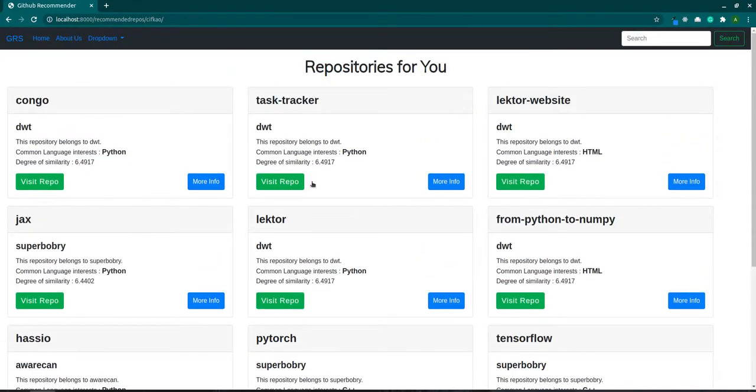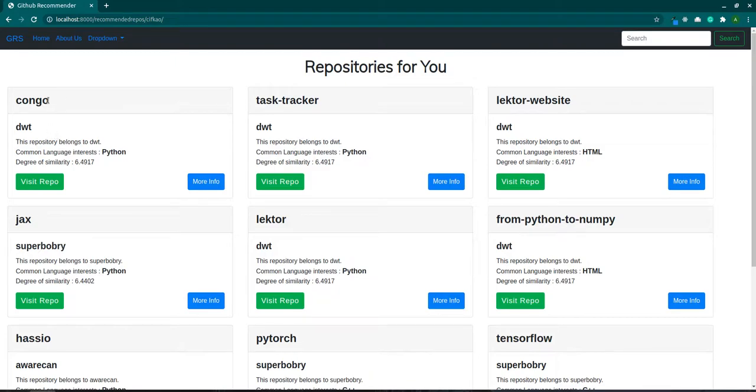In each of these cards, the card header contains the name of the repository that is recommended to him. Like in this case, Congo repository is recommended to him, Task Tracker repository is recommended to him, and so on. The bold word below the card header is the username of the GitHub user that this repository belongs to.